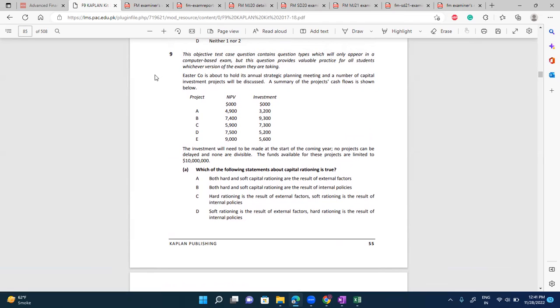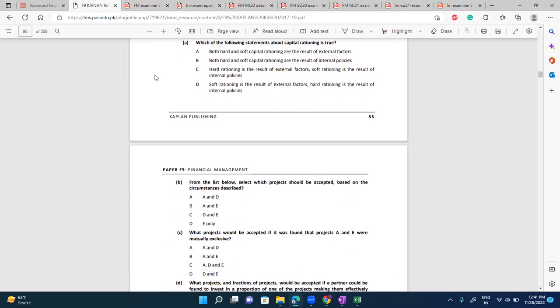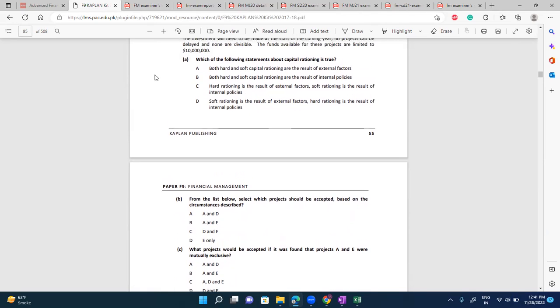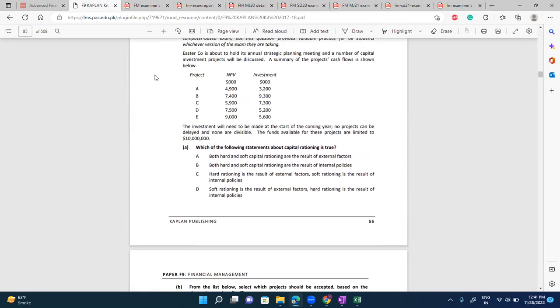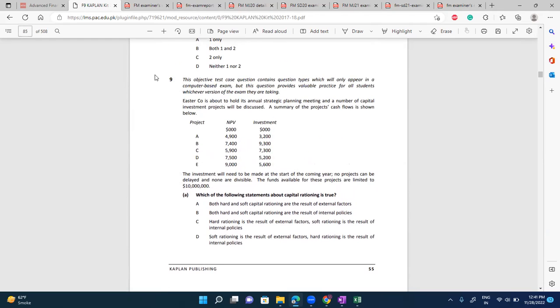सर पहले तो मैंने इसका प्रॉफिटेबिलिटी इंडेक्स निकाला, फिर मैंने उसकी रैंकिंग की है। नहीं नहीं, ये तो वो कह रहा है कि from the list below select which project should be selected based on the circumstances described। Circumstances क्या हैं? डिविजिबल नहीं है ना, तो आपने प्रॉफिटेबिलिटी इंडेक्स से तो करना ही नहीं है, आपने तो कॉम्बिनेशन बनाना है। और DE कॉम्बिनेशन बन ही नहीं सकता क्योंकि 10 मिलियन से ज्यादा की अमाउंट है, amount is greater than 10 million, तो DE कॉम्बिनेशन बन ही नहीं सकता।